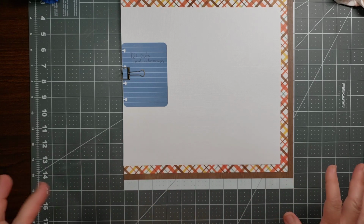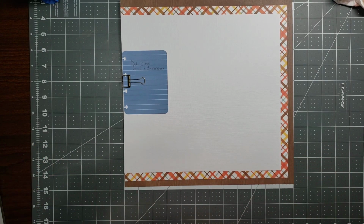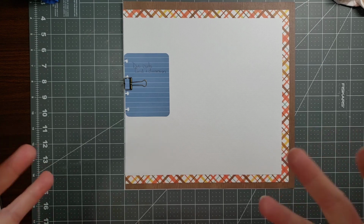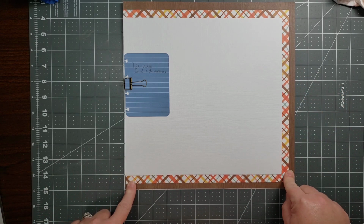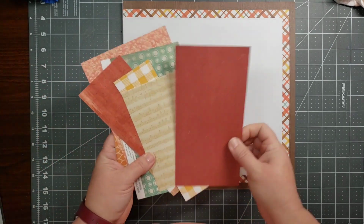So I wanted to use die cuts. I wanted to do die cutting. I maybe should be a little more specific about that. And I'm going to do a grid design, and I want to create dimension. The first thing I did was looking at the color scheme that is in my base. I went to my scraps and selected scraps